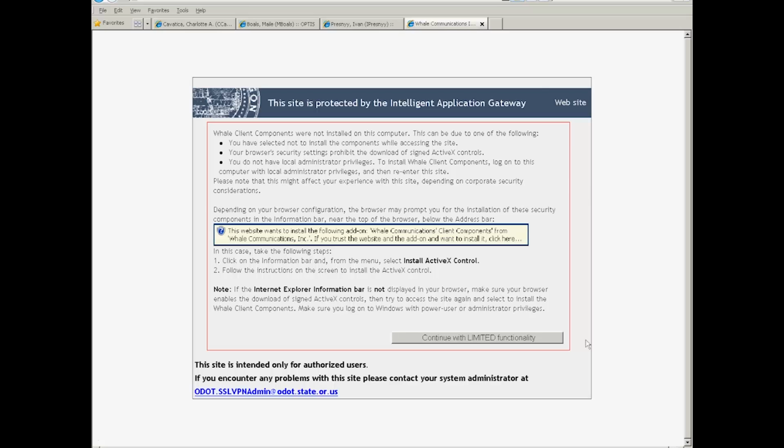So when you get to this screen, you say continue with limited functionality. You might be asked to add on this communications software, and there's a section in your binder. Should be towards the very beginning. Getting started. That explains all that. So it's page 7 in section 2. If you are asked, it depends on your computer back at your office whether you'll be asked to install that or not, and that walks you through it. But you continue with limited functionality.